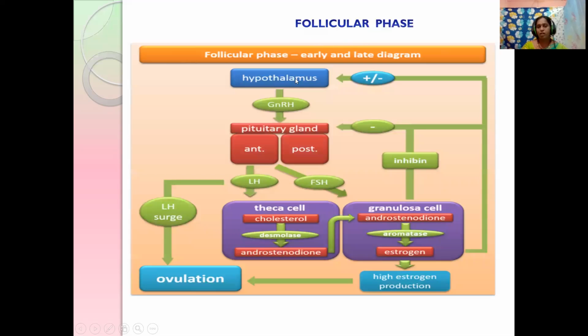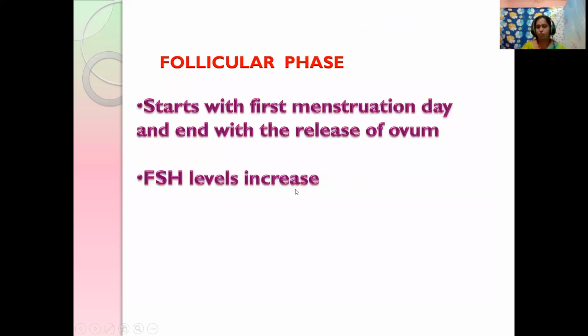Next comes the follicular phase. You have learned the term follicles in the previous session, that is primary follicles to secondary to Graafian follicles. These Graafian follicles rupture and release the ova. This is also triggered by the hypothalamus, which acts on the anterior pituitary to release the luteinizing hormone. There the luteinizing hormone will be at peak level to release the ova. So this is the follicular phase, students, that starts from the 2nd to 13th day.